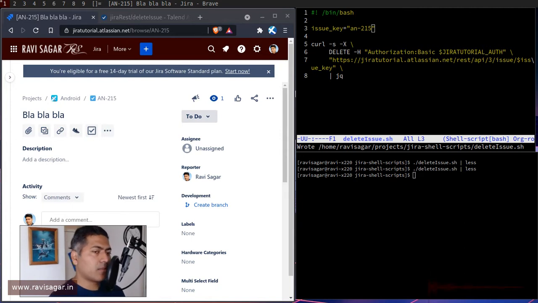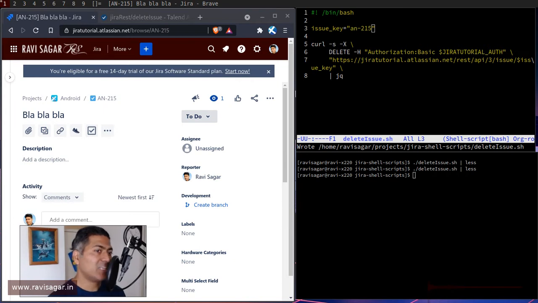Hello everyone. Let us say if you have to delete an issue in Jira. First of all, you should try not to delete an issue without any reason. Let us say you are working on an issue and the work has been done. There is no further work needed. Then of course you can resolve it. You can close it. But when you delete an issue, you're basically deleting the history of what happened.